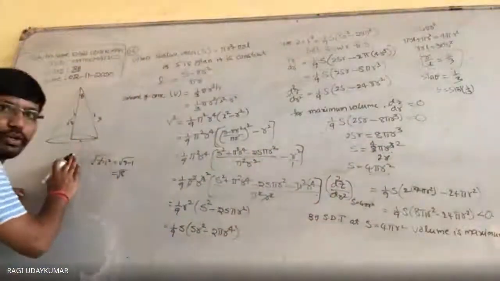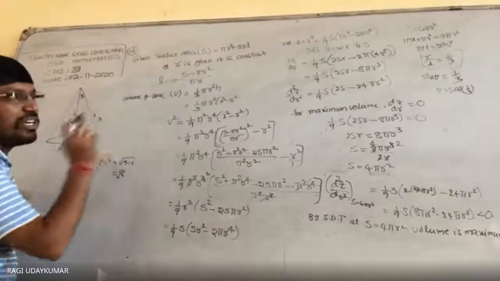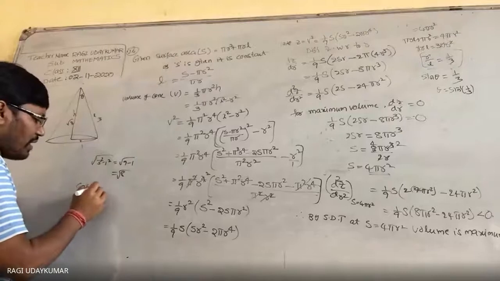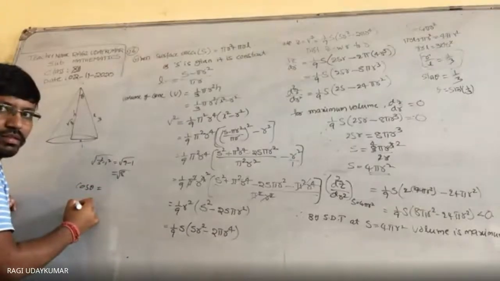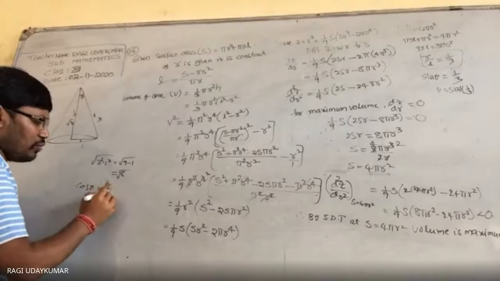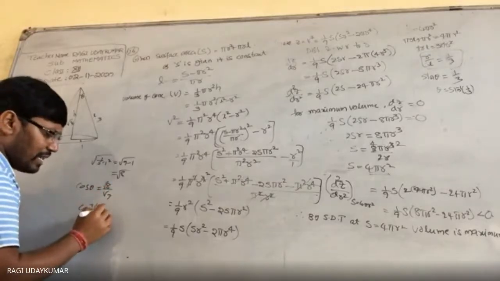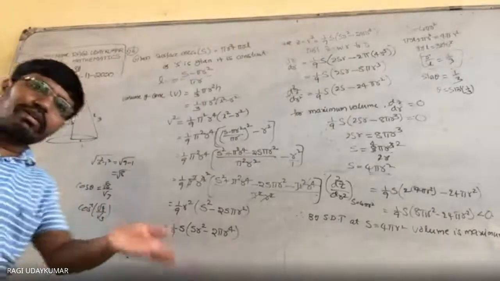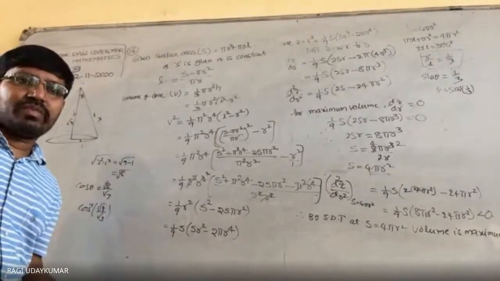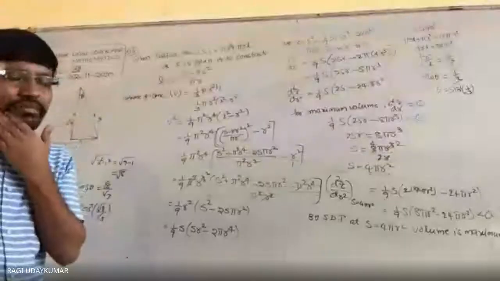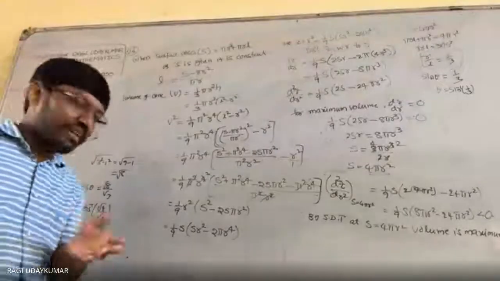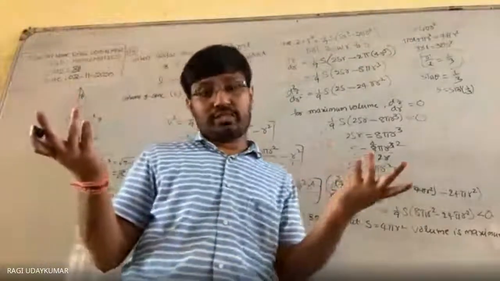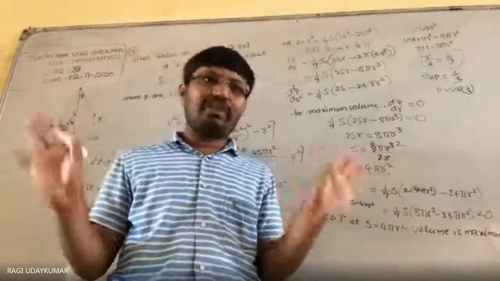So a question can be asked to you; here I am writing. Instead of sin inverse of 1 by 3, what will cos theta be here? Adjacent side by hypotenuse, root 8 by 3. So prove that the semi-vertical angle is cos inverse of root 8 by 3. It is the same question. Instead of sin inverse of 1 by 3, if the question is given as cos inverse of root 8 by 3, most students will think it is a new question.